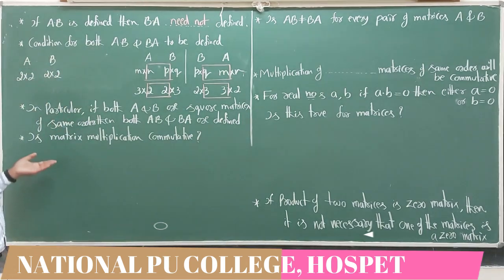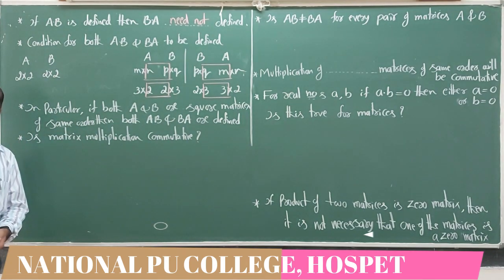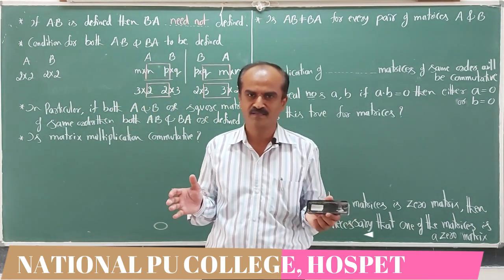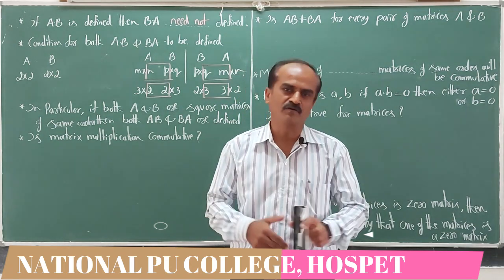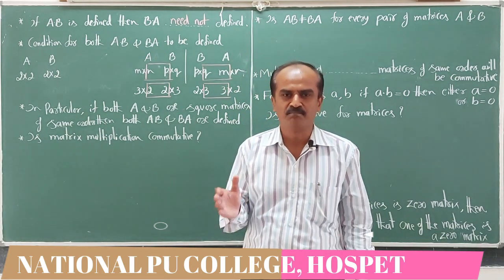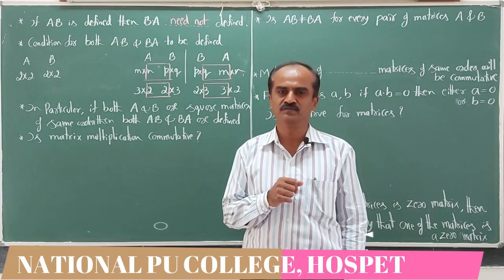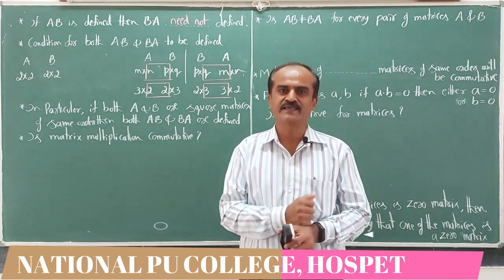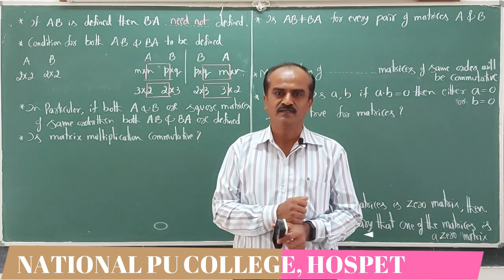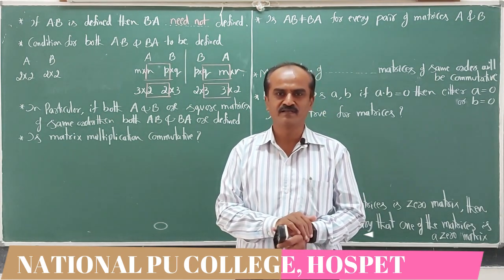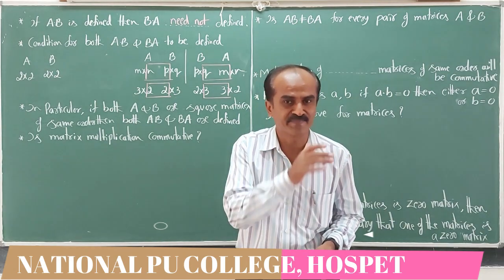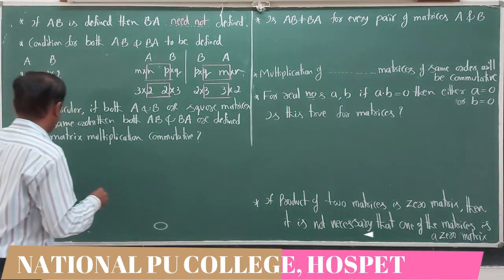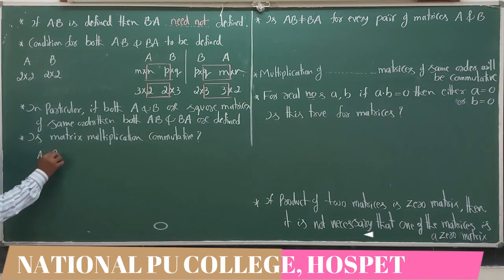Next, is matrix multiplication commutative? I hope you remember, after addition of matrices, we wrote a property of matrix addition. One of the properties says matrix addition is commutative. That is, A plus B is same as B plus A. Similarly, in the case of matrix multiplication, if AB and BA both are defined, whether AB matrix is same as BA matrix, let us take an example. I consider A into B first.